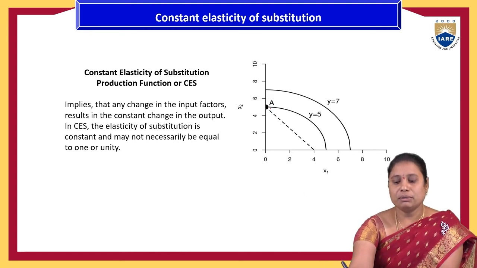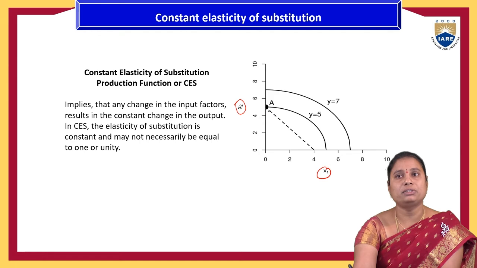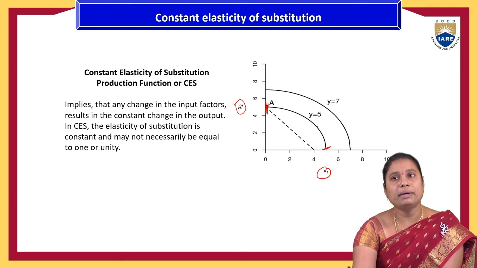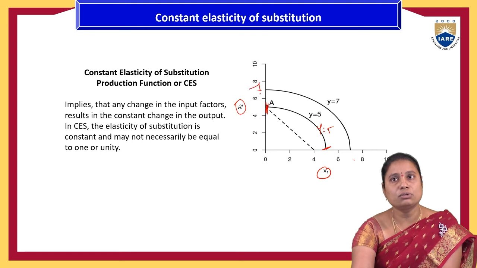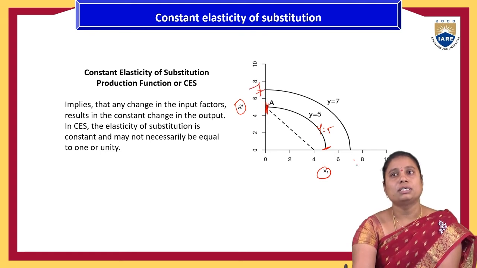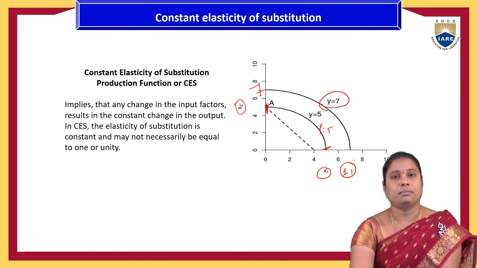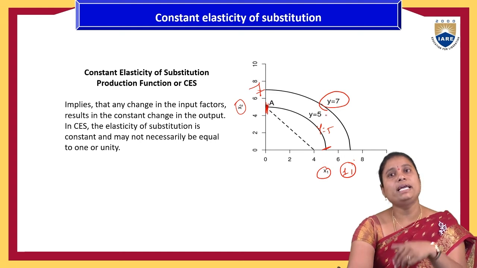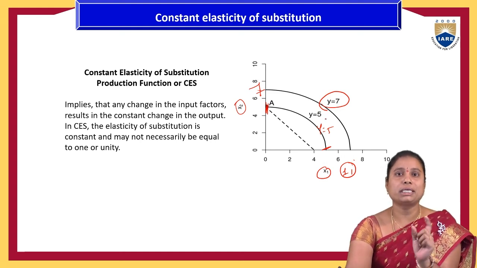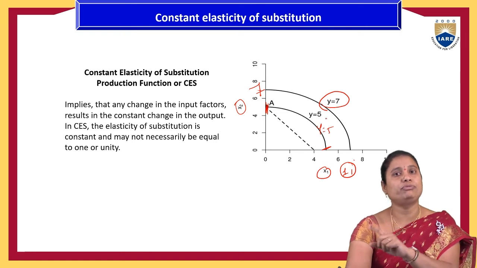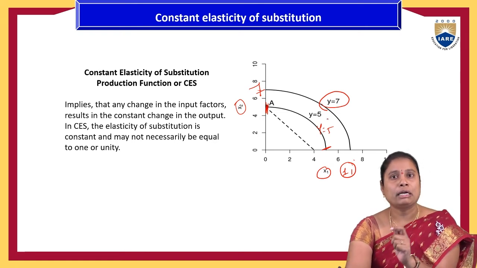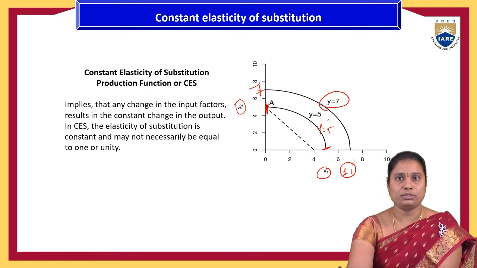So here, if we observe, x1 is one input factor and x2 is another input factor, and if it is changed with another input, the yield might be 5. And if it is replaced with another element, so here instead of 7 x2 inputs, 7 x1 inputs are all replaced, then the yield might be 7. That is complete substitution of one particular input with another particular input, and its relationship to the quantity of output is called constant elasticity of substitution.